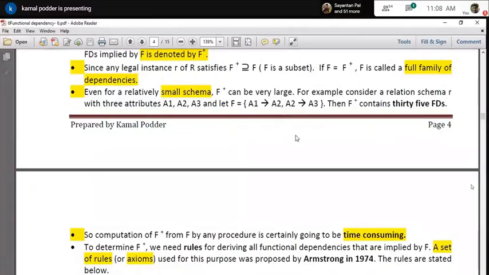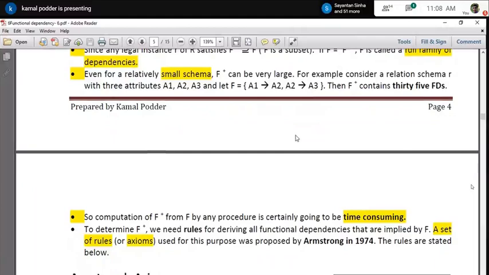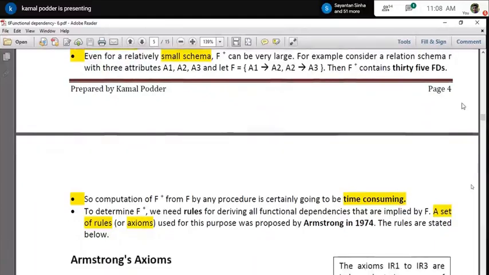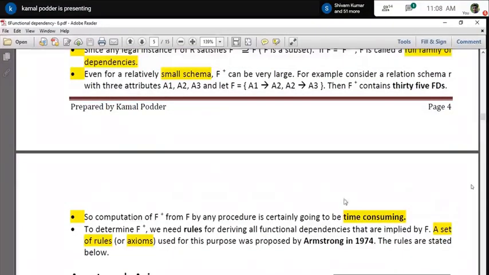So you understand, if it is only for 3 attributes, you are getting 35. If it is 100,000 attributes in the relation, how big will it be? Bolo. Sir, how 35? I have not shown this; you can work it out and find it yourselves. The list is in some book. I have excluded that list because it's an unnecessary loss.